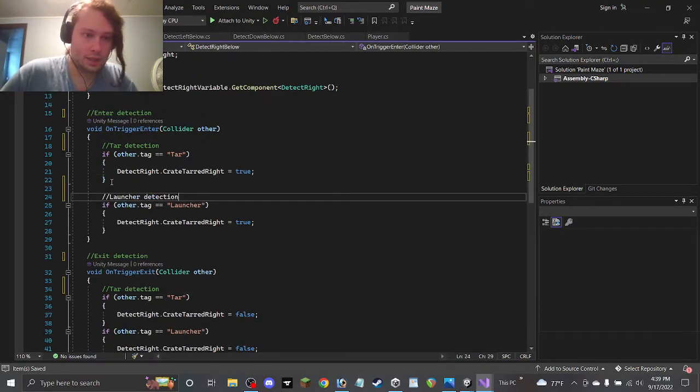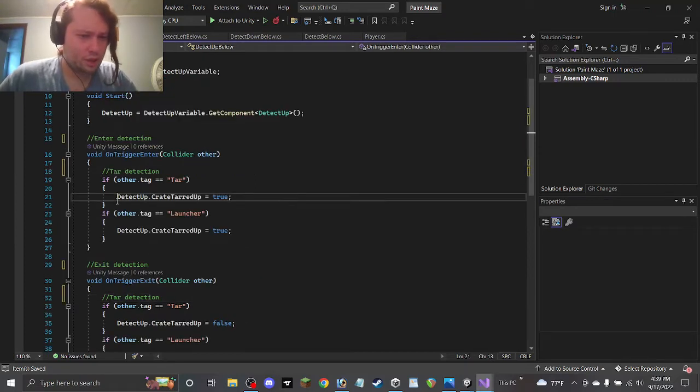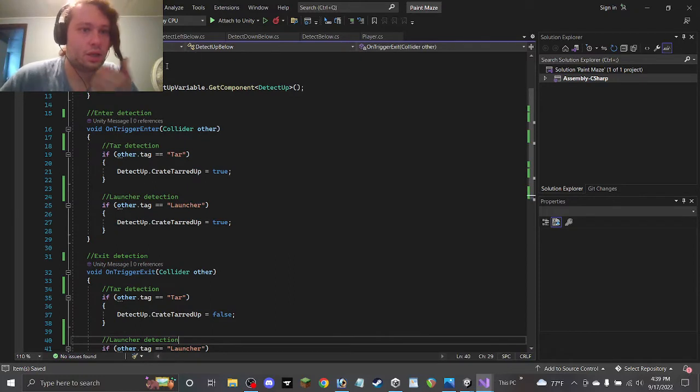Easy fix. Easy clap. There we go. Just trying to do Bobby's voice, but that didn't work. Although I wasn't really trying, so...